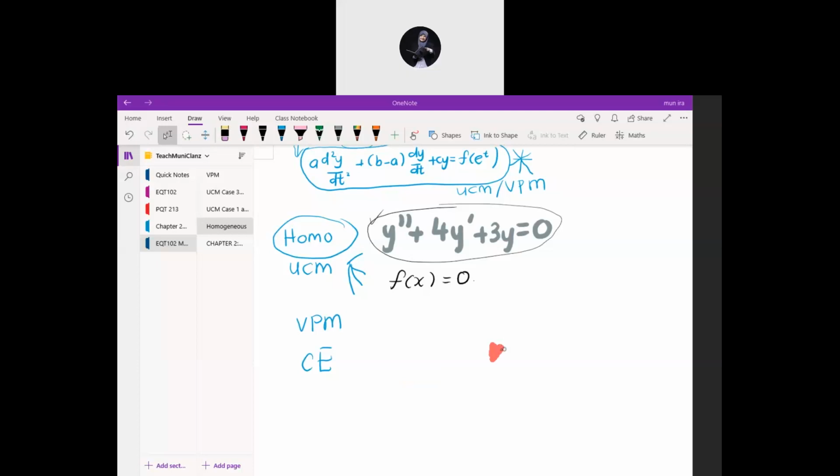To solve for this one, how we can solve for this one? So the first, we must reduce this equation or transform this equation in the form of characteristic equation. What is the, tell me what is the other name of